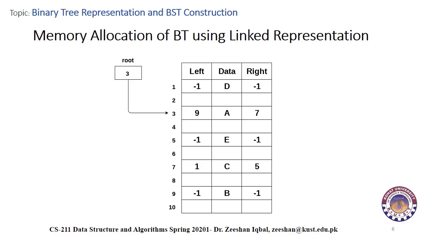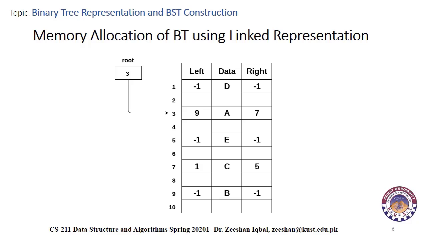The following image shows how the memory will be allocated for a binary tree using linked list representation. There will be a special pointer maintained in the memory which points to the root node of the tree. Every node in a tree contains the address of its right and left child, and a leaf node will contain null value in its left and right pointers.